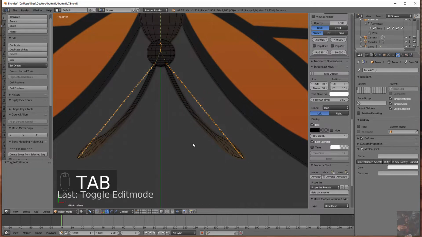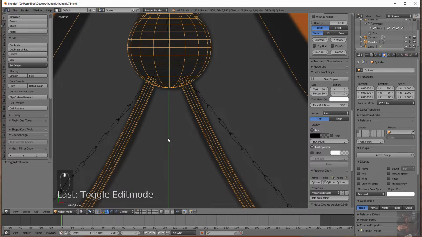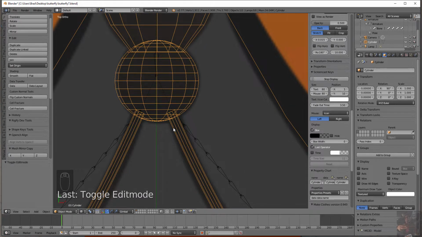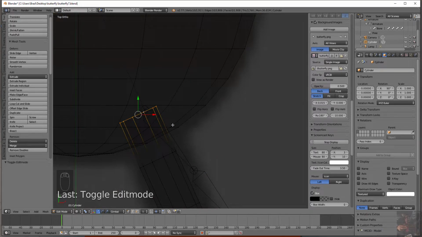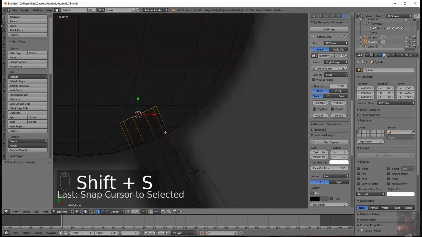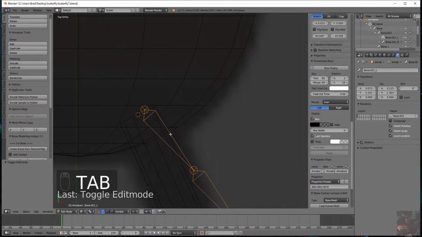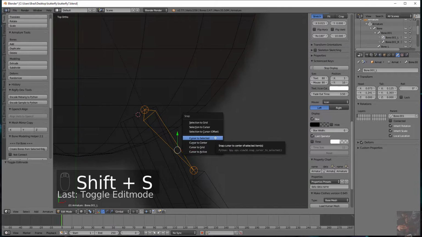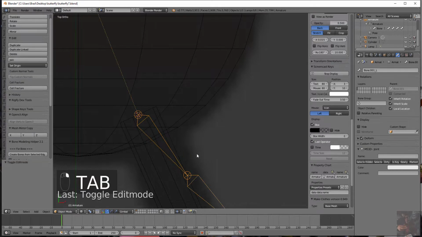Now to position these bones back in, this is where it gets a little bit tedious, and I'll do a couple and then I'll go into time lapse until I get them done. So the first thing I'm going to do is select the edge loop of the end of the antenna. I'm going to move my cursor to that selection, come out of edit mode, select the bone, go into edit mode, select this bone, and use the Shift S selection to cursor. Okay, now that that's done, I'm going to go out of edit mode, back into object mode,